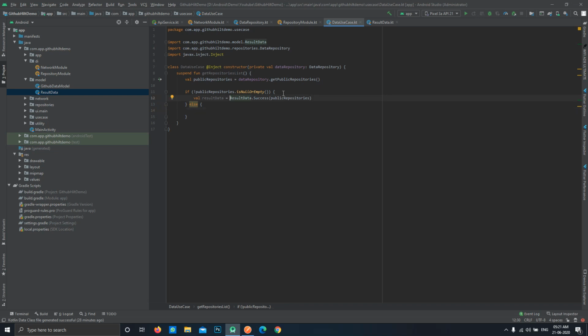So in that case we'll copy this, paste it over here, and we'll be using failed as a type. The message is not required, but we'll give a message like something went wrong, please try again.